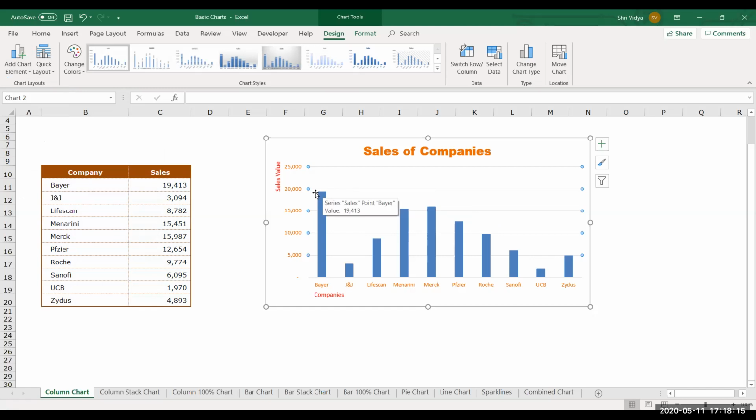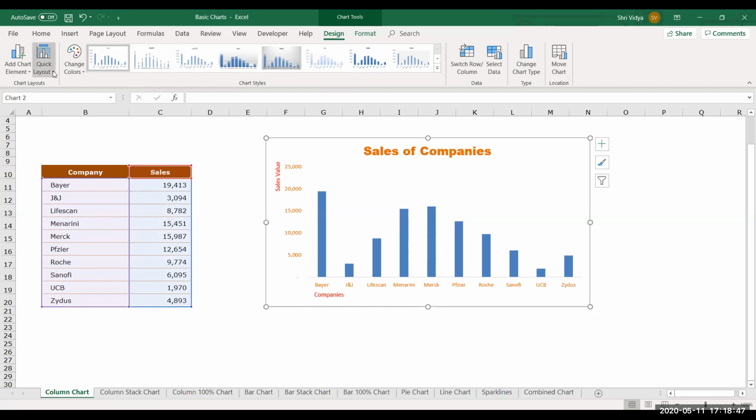So it's going to help me say this is reaching almost 20,000. It's very near to 20,000. I can say that. So for this kind of analysis, you can keep these grid lines. Or if you don't wish to keep them, you can also remove them altogether. It's all left to you how you want to customize your chart. And not only these things, you have some quick options for changing the appearance of your chart altogether. Now let me show you that.